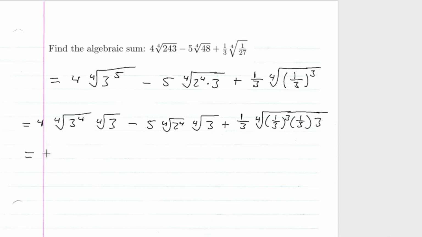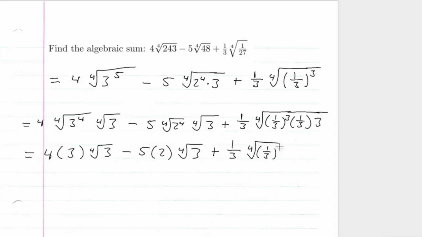So I'll have 4. The fourth root of 3 to the 4 is just 3, and then I'm left with the fourth root of 3 minus, so the fourth root of 2 to the 4 is just 2, and then I'm left with the fourth root of 3 plus, and then I'll have 1/3, and then 1 over 3 cubed times 1 over 3 is 1 over 3 to the 4th. So I'll have the fourth root of 1 over 3 to the 4th,